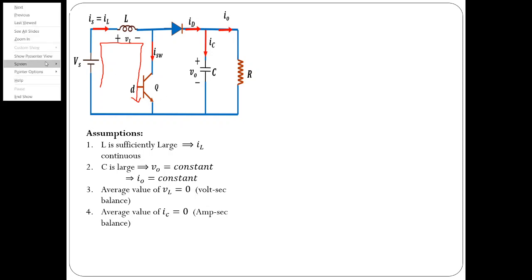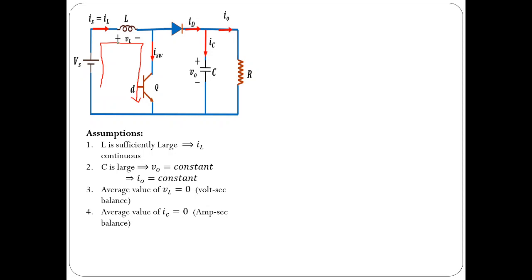If the switch is off, so after on period, switch is going to be turned off. If switch is turned off, this inductor current would choose the path through the diode. So current through inductance, which is same as current through source, would take this path. Now during this particular period, that is during the off period of the switch, voltage across inductor, you can apply KVL for this conducting loop, and you can see that the voltage across inductance is Vs minus V0. And because V0 is constant according to second assumption, voltage across inductance is also going to be constant. Vs minus V0 is constant.